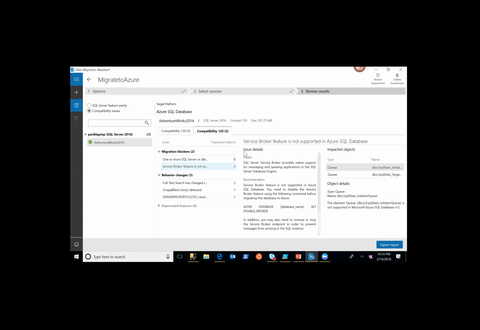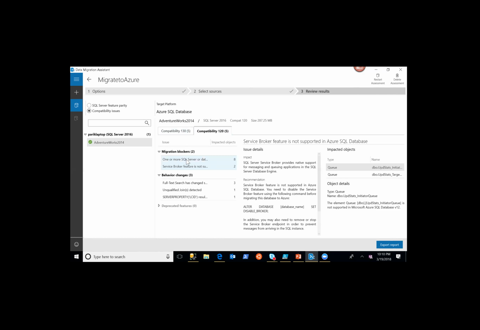Like, the optimizer was completely rewritten starting compat level 120. So if your application is certified or works well with the lower compat level, make sure you migrate and choose that compat level. Don't choose the latest compat level unless you have done full testing, performance and regression testing, and if you are sure that it works on the latest compat level very well, only then you would upgrade that. But otherwise, you would be choosing the lowest compatibility level.